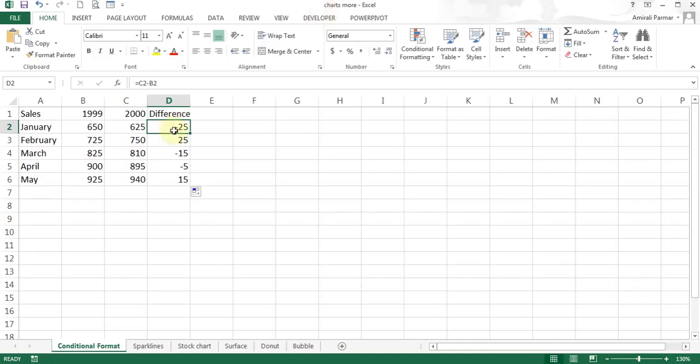So in this scenario I've got this sample file where I've got some sales from 2000 and 1999, and I did a difference equal to C2 minus